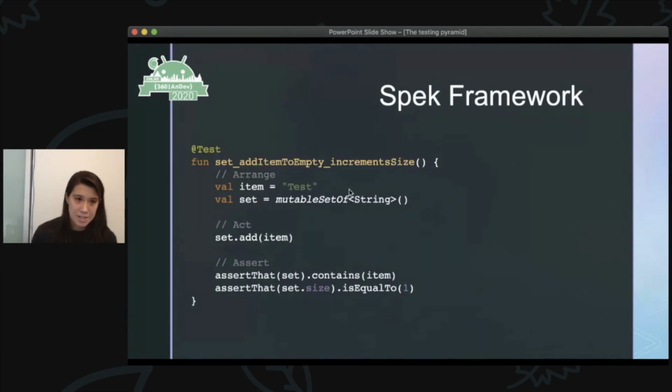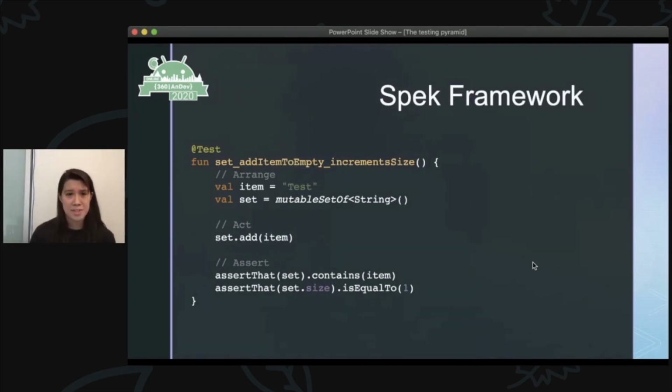So we arrange the set. We also initialize a test item. We add it, that is the act of the test, and then we assert that the set contains the item, and then the set size is equal to 1. And you'll also notice here, I have left out of the function name that we are also checking that the item is contained within the set. Because if I were to write that in there, we'd end up with the function name all the way over to the side here. So if this test were to fail, specifically on this first item here, it's not inherently obvious at first when your test results come back and this function name is what's failed, what's actually happened.